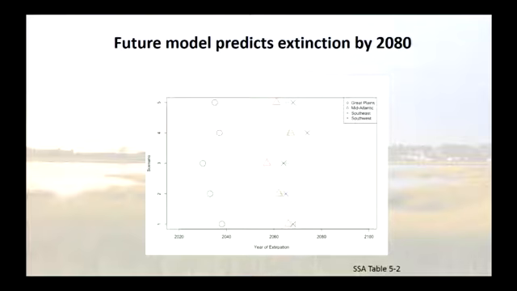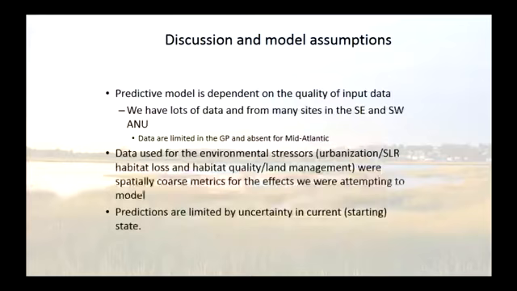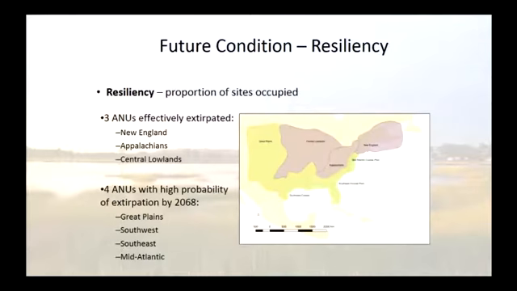We also predicted the future or the time period of complete extirpation under each of our scenarios in each of our regions shown here. So the Great Plains is not looking very good, and then the other 4 regions is not looking very much better. You know, somewhere on the order of 2070 or so would be the median extinction, complete extinction for the species throughout its range. So that information was passed forward to the decision makers.